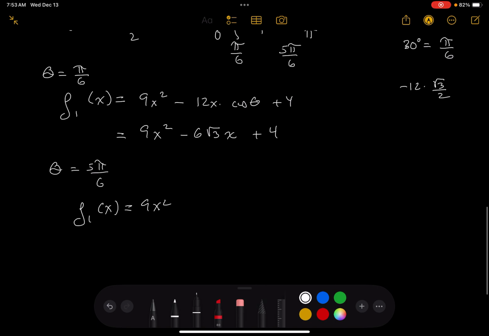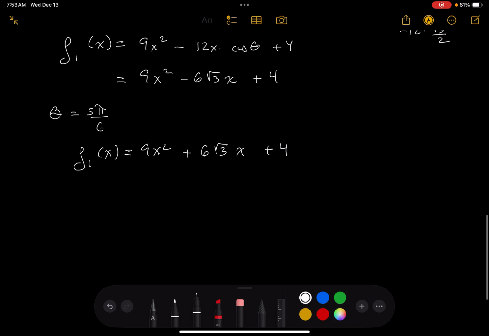9x squared. Well, if I'm in the second quadrant now, the cosine is going to be negative. So I'll write this as plus 6 root 3x plus 4. And you can graph those two parabolas out, by the way, and they're going to look like two parabolas. I mean, they're certainly going to be different parabolas. They're going to look like parabolas, by the way. Let me do the other one, which I think